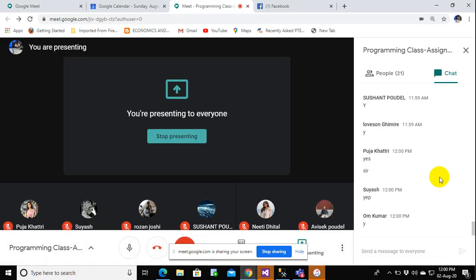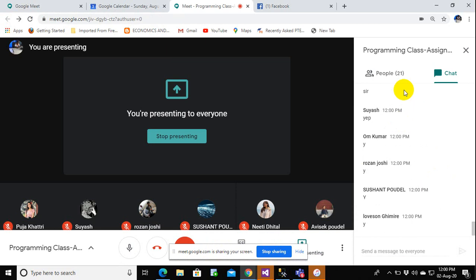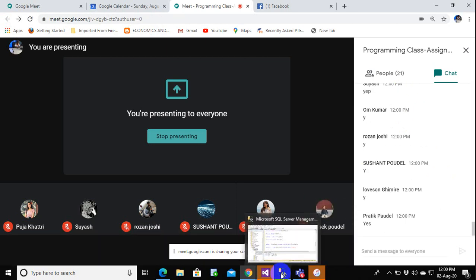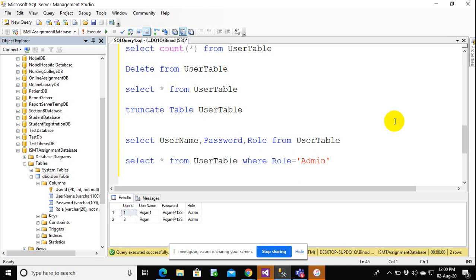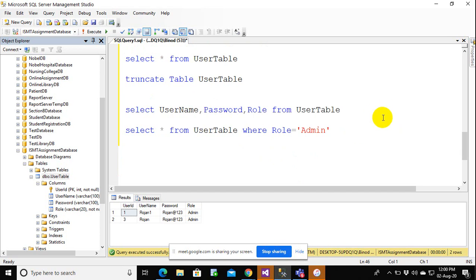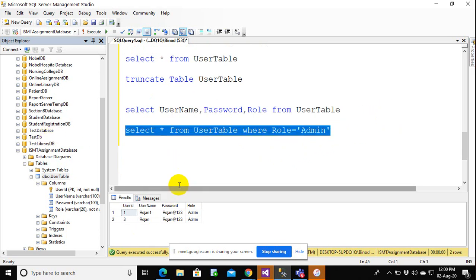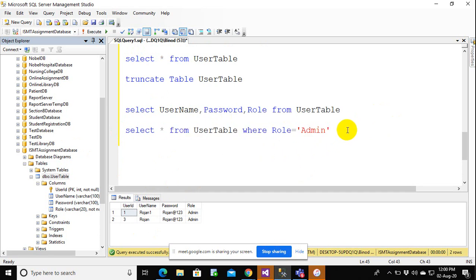Yes, excellent. So now let me go for the last query for today, which is more interesting. Let's say I want all the users whose name begins with R. In this case, I'll be using a wildcard. You'll learn wildcards in more detail in the database section, but right now let me simply show you one.